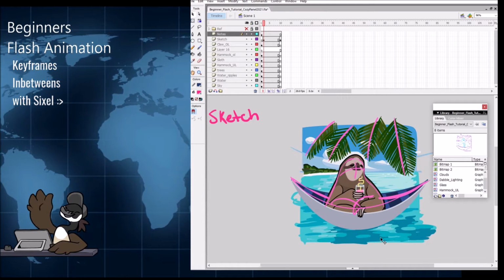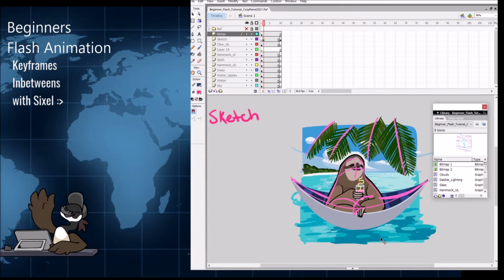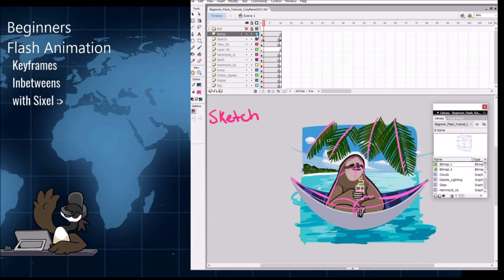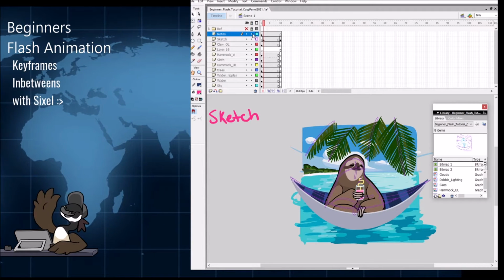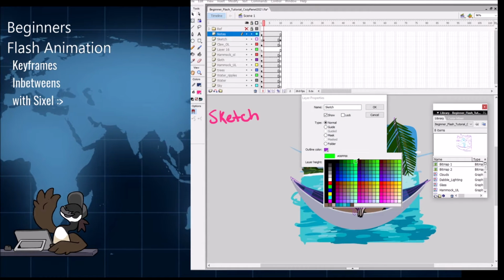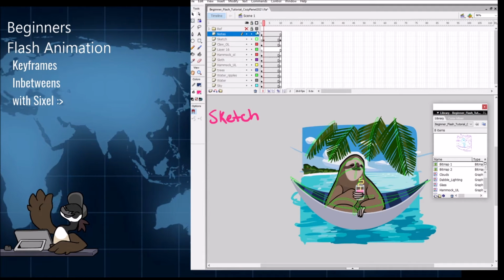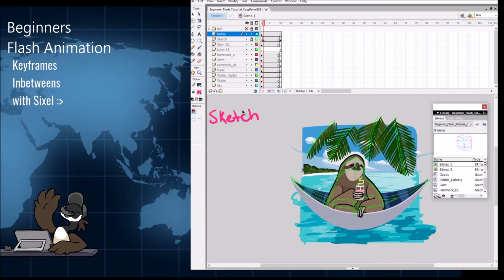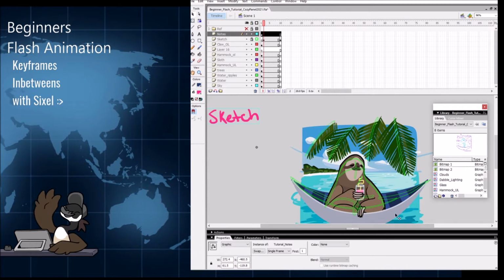I think you can animate stuff without a plan, but it's super nice to have just a little idea of what you want to see happen, because that leads into the next step. I'm just going to leave that sketch on so you can see it. That leads us to the next step, which is